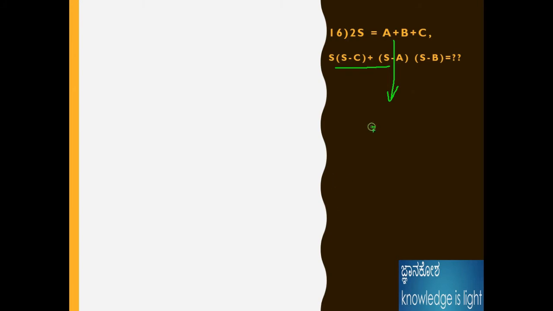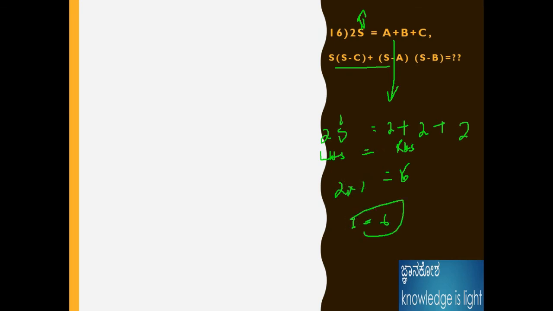How to apply the logic? For example, I will take a term as 2, b term as 2 and c term as 2 and s term as 3. Why? Because here the RHS becomes 6, and we need to make the LHS also equal, correct? If I apply 2s as s is 3, the LHS also becomes equal. Here 6 is equal to 6, therefore the logic is correct. Then apply this logic, s is equal to 3, a b c is equal to 2 is the answer.